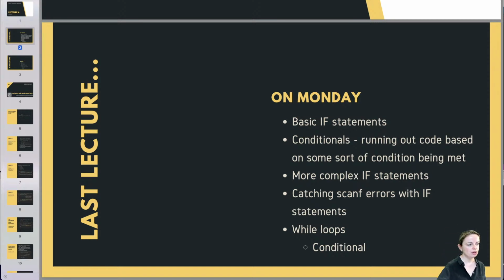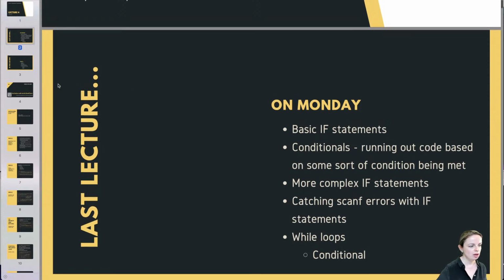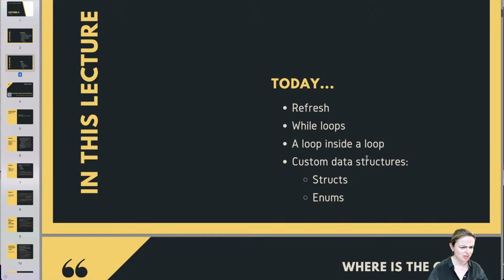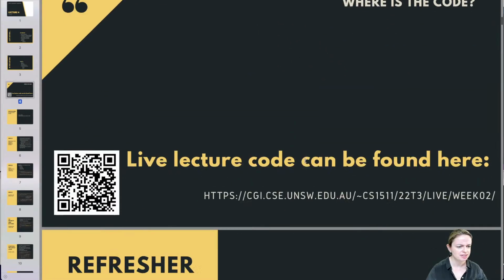And then what we're going to do after we do the glorious while loops is we're going to learn 2 more data structures, and we're going to look at structs, and we're going to look at enums. We're going to learn about 2 more data types today, data things that you can store your data in. It should really say custom data types. It's because I was thinking of structs and I wrote structures.